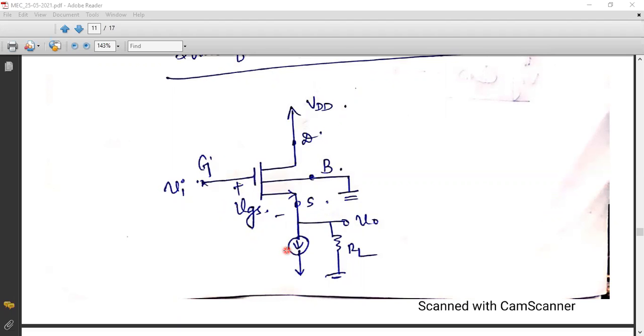So the position of the active load depends on the configuration. Since I'm taking the output across the source, you need to connect the load at the source, whereas in the common gate, you take the output across the drain, so you connect the load at the drain. In common source also, you connected the active load at the drain. Also, in this circuit, your input is given to the gate, while the drain is common to both input and output, so it is called the common drain configuration. The body is grounded separately instead of being tied to the source, which means we need to consider the body effect in the analysis.